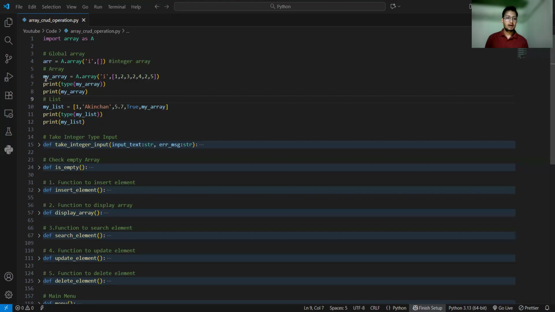That means here you can see I create an array over here which name is my array, and here you can see I write some values 1, 2, 3 in this way. All are the integer data type. Okay, and in case of list we can store